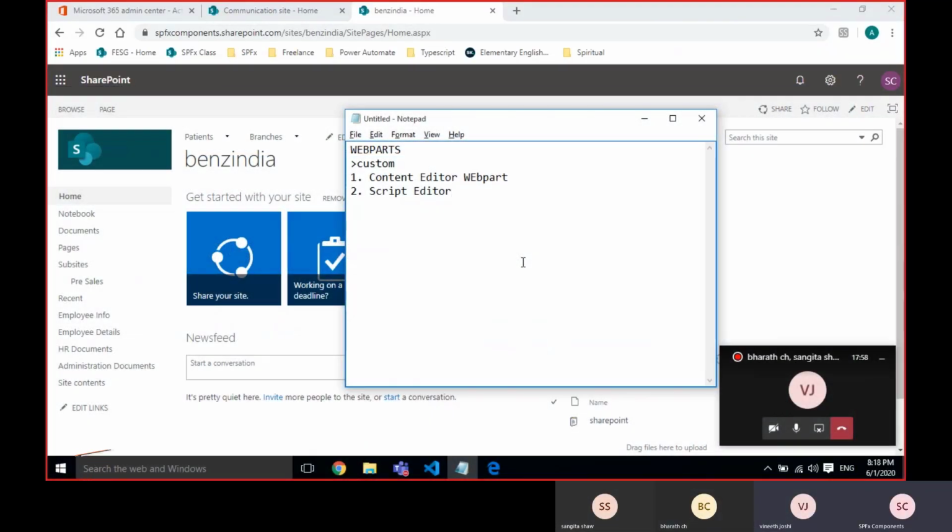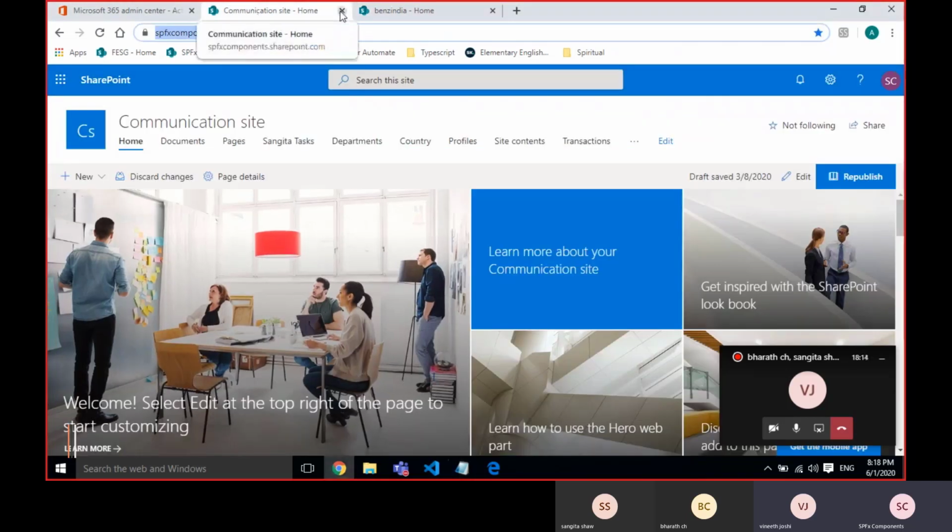So we will cover basically these two things. One is content editor web part and second is script editor web part. So basically when we will use these web parts is like whenever, for example, I have a site